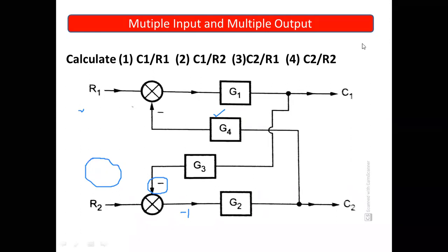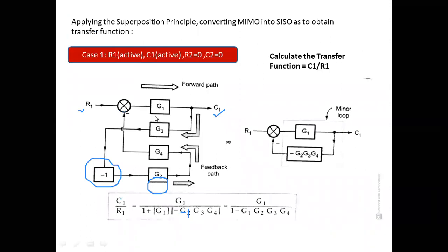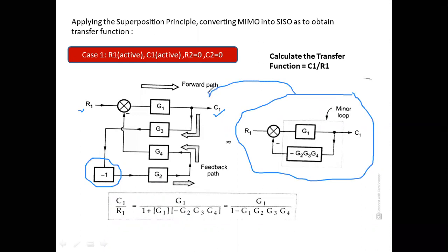Okay, so next is the circuit, or you can say a block, which we have to take care of. Now you understand how this -1 comes, and then you can easily understand how the signal flow is there. Now, how this minor loop is formed is very essential. If you are able to form this minor loop from this particular concept of the block diagram, you can easily deduce an expression of C1 and R1. Now let's see how this minor loop is formed. This is the essential part to understand.